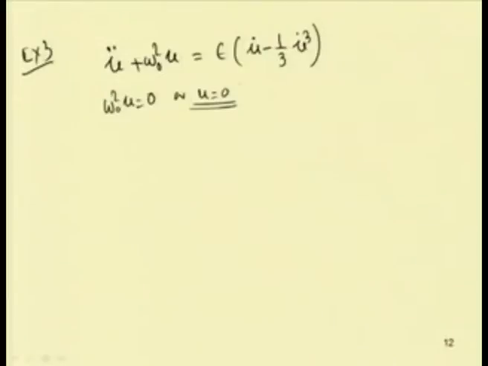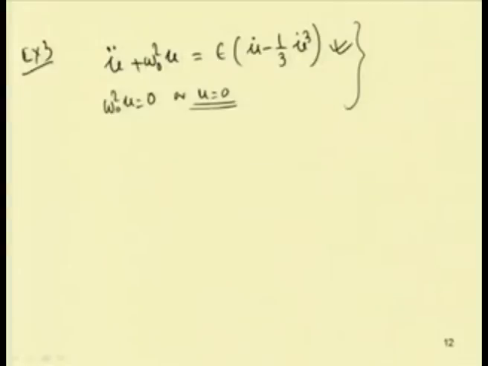This is the van der Pol equation, and the previous two equations are Duffing equations. One can obtain the response of the system by using qualitative analysis or quantitative analysis, and in today's class we will see how we can use a straightforward expansion method for finding the solution of the system. Also, one can go for numerical analysis methods, or numerically solve these equations to obtain the solution of the system.